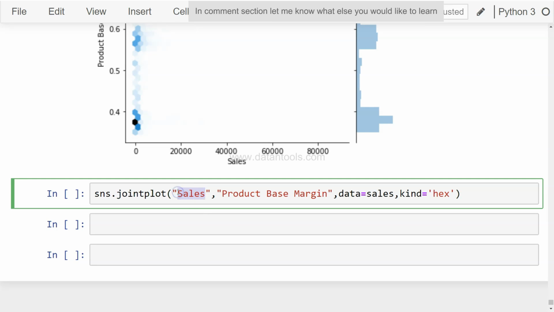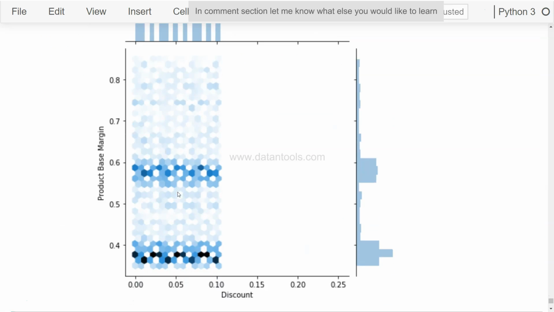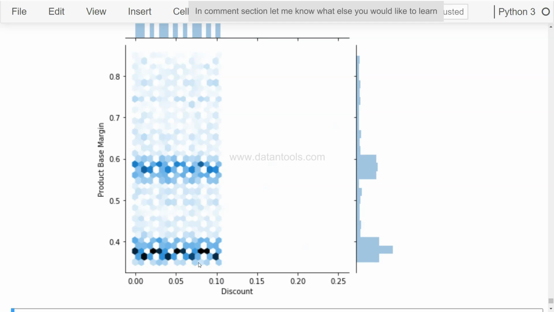is related to the discount, and if I execute this, it shows pretty interesting things like this. So over here one can very clearly visualize the concentration of the values where the product base margin and discount cross, in this range between 0.6 and 0.5. Overall, this chart gives a beautiful visualization and gives us the ability to better explain what's really going on,